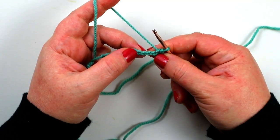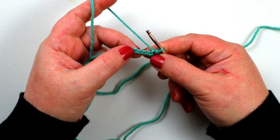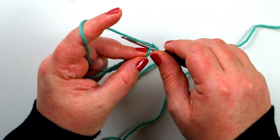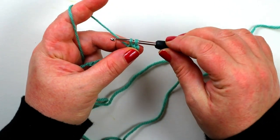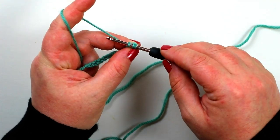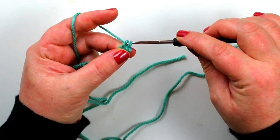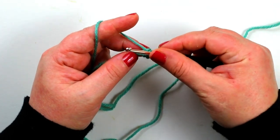So now we're going to work 1 double crochet into next 3 chains. I am using UK terminology. So we're going to insert a hook into the next stitch, grab your yarn and pull it through. So we have 2 loops on our hook, yarn around the hook and pull it through both of those loops. So that's a first double crochet made. And another one,